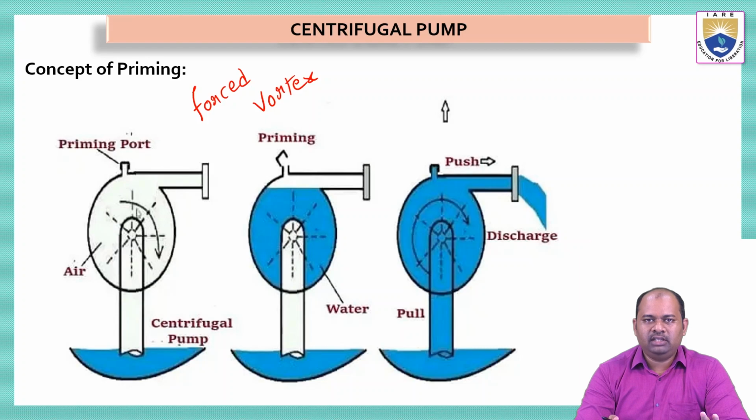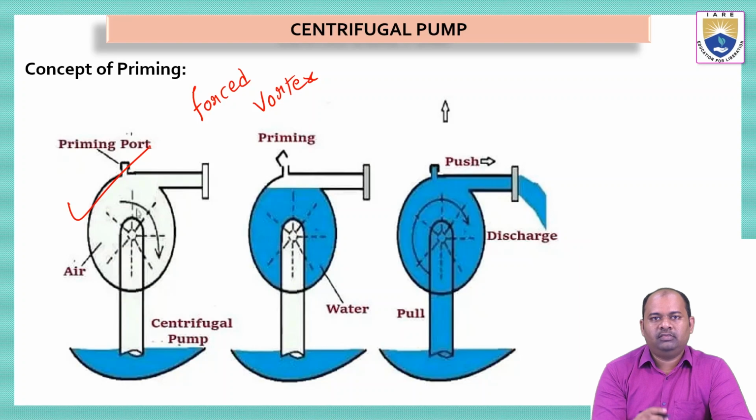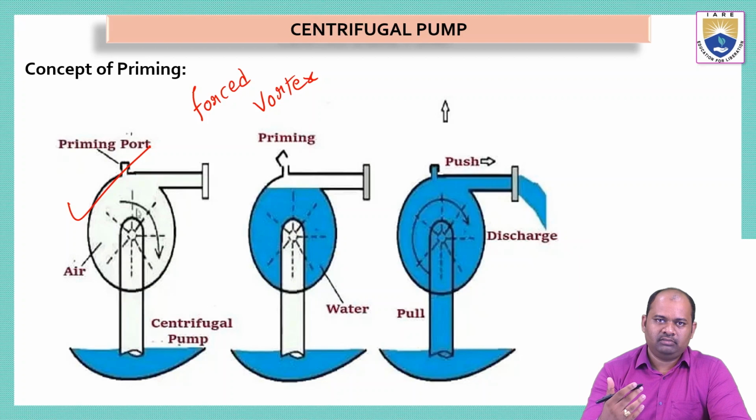Now what happens is, when the centrifugal pump is in off condition, that means there is no movement inside the casing. That means the water inside the casing will be dropped into the sump. That means there is no water present inside this casing. Initially there is no water. So what happens? In this condition, if we try to switch on this centrifugal pump, the impeller will rotate, but